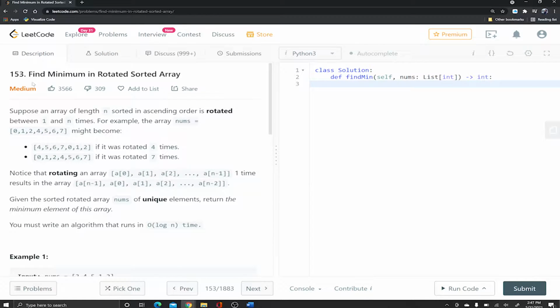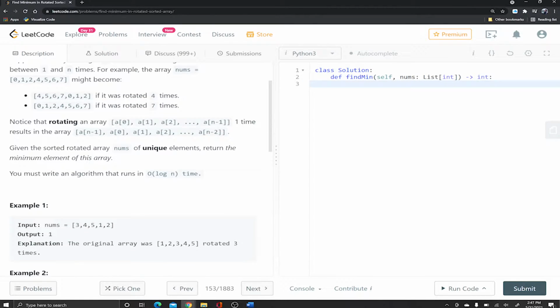Today we're going to be solving LeetCode 153, Find Minimum in Rotated Sorted Array. Keywords are rotated and sorted. It also asks us to do it in log n time, and I'm going to show you guys 3 different ways of doing it. The first way is kind of like a cheat method, and it's just simply to return